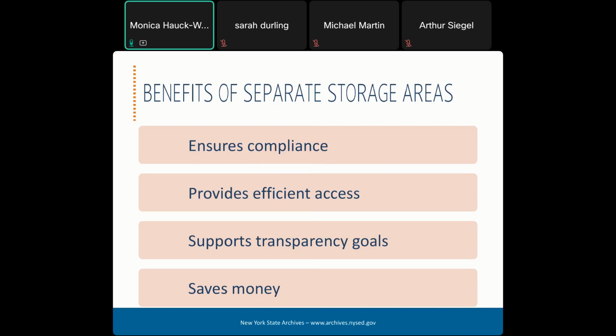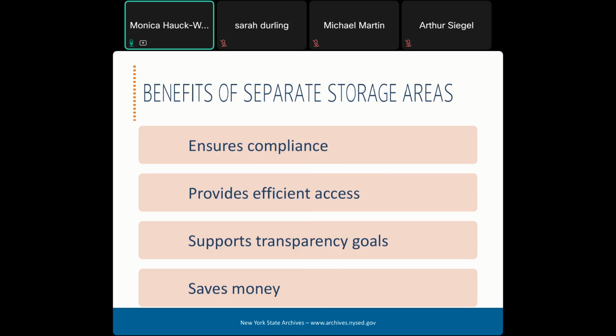Maintaining separate storage spaces also helps provide efficient access. If the records are consolidated and described in a clear and consistent manner, and their locations within the record storage areas are either standardized or tracked, identifying and providing access to the desired content should be fairly quick and easy. You'll also increase the likelihood that all responsive content will be made available, ensuring that staff have access to the content they need to do their jobs, so they can perform analysis, make determinations, or respond to information requests based upon the best available information.